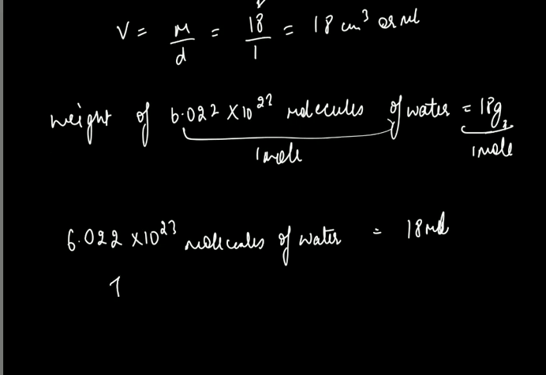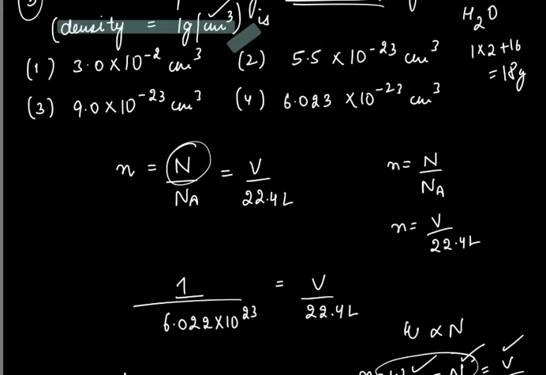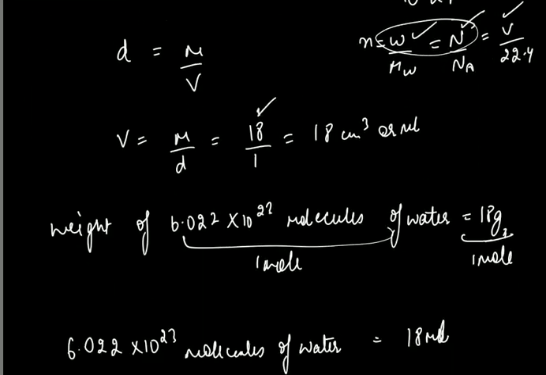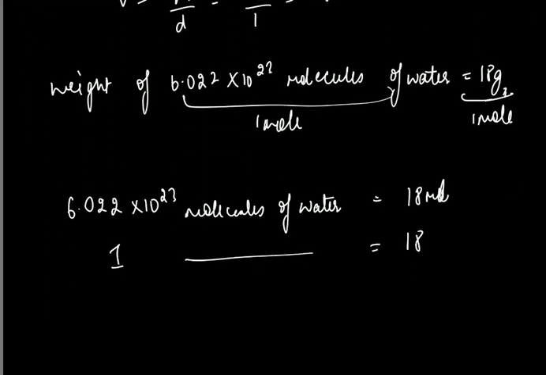So one molecule of water will be equal to how much? 18 divided by 6.022 into 10 to the power 23, and when you divide, this will give you approximately 2.9 into 10 to the power minus 23